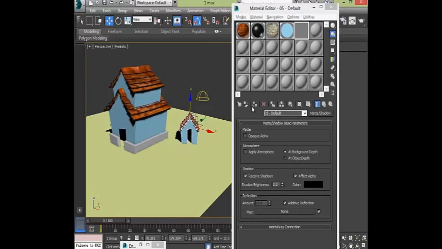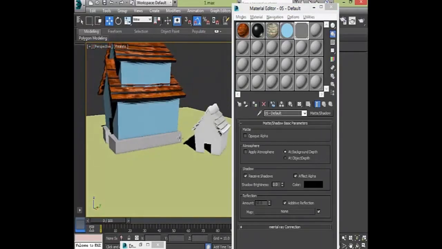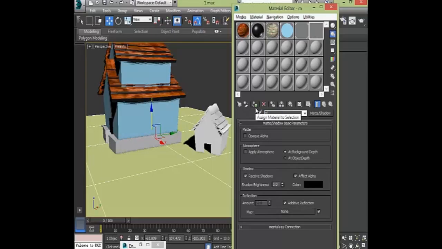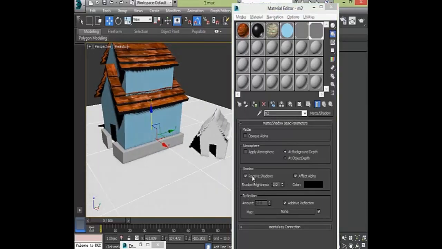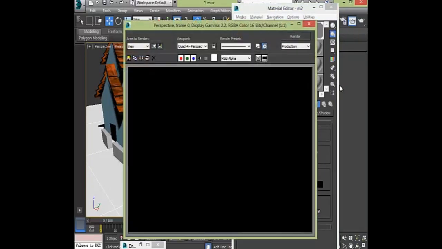Okay, let's say I add matte. It might take up to tomorrow. Okay, so